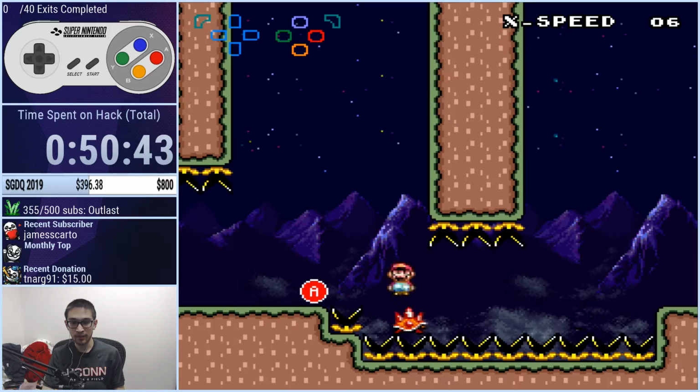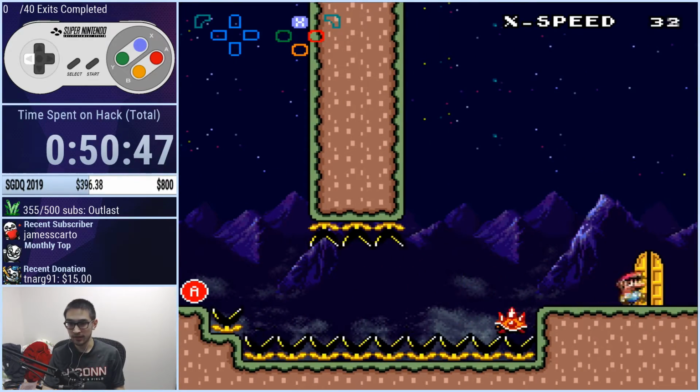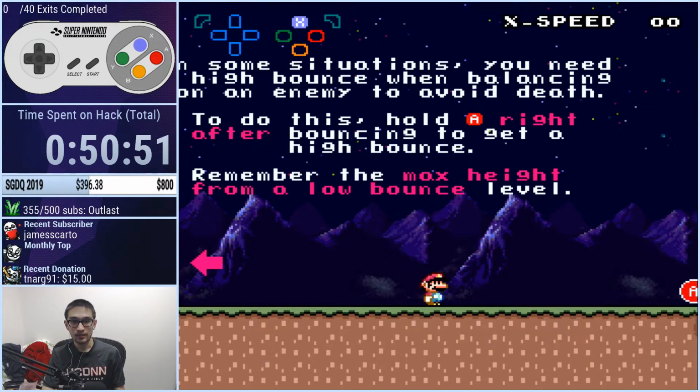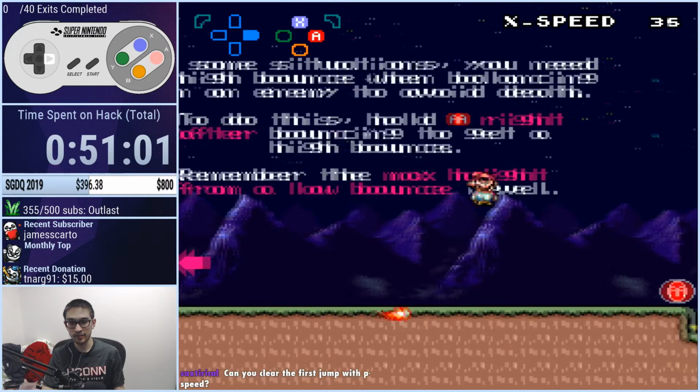Like I said, the high bounce is going to kick a lot of people's butts, but it's important to master timing. In some situations, you need a high bounce when bouncing on an enemy to avoid death. To do this, hold A right after bouncing to get a high bounce. Remember the max height from a low bounce level. So this basically tells you that